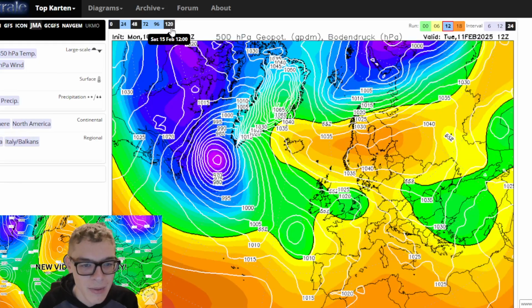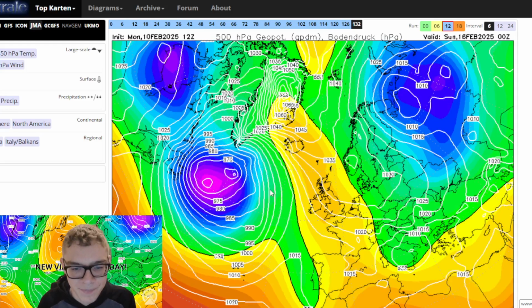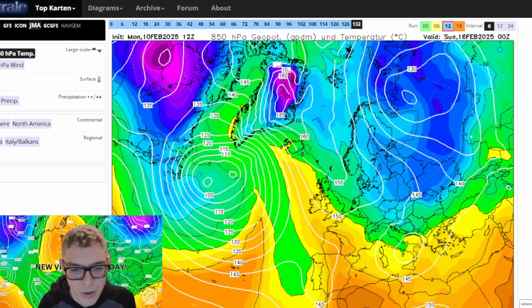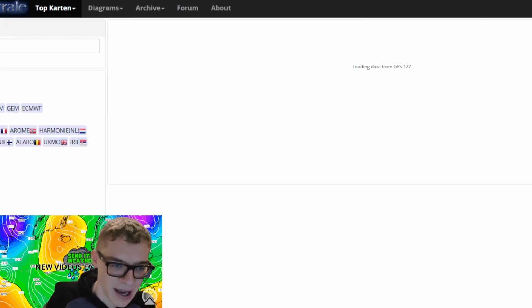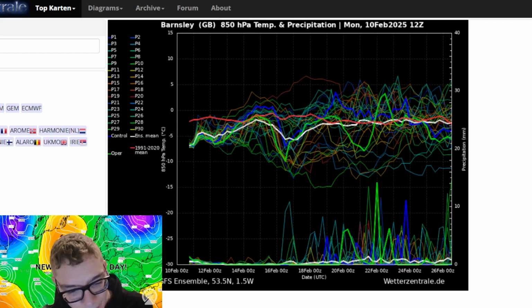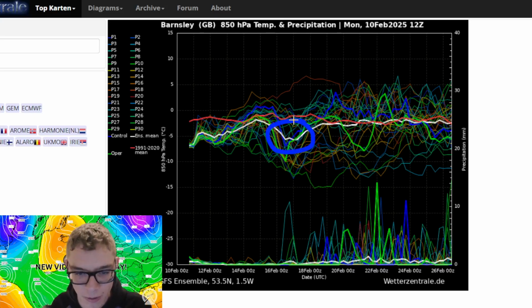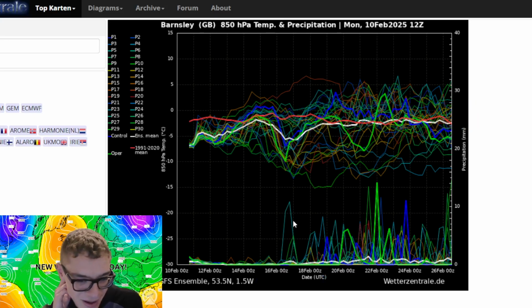Then the JMA, which a lot of people don't like, has the high pressure over the top of the country. Ridging northwards, that looks like it's poised to bring in some cold air from the east as well. The JMA looks really solid, and it has been quite solid. Now, if we have a look at the GFS ensembles, they are better. There's a much better signal for a drop in the upper air temperatures for a time between the 16th and the 18th of Feb. Again, after that, lots of scatter, not taking it past day 5, day 6 with any sort of certainty because there's so much variation.